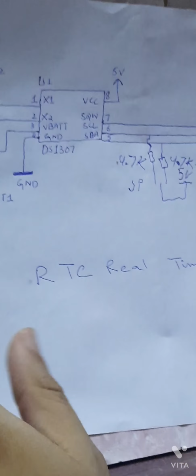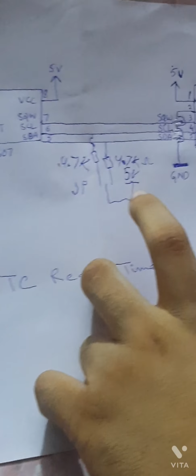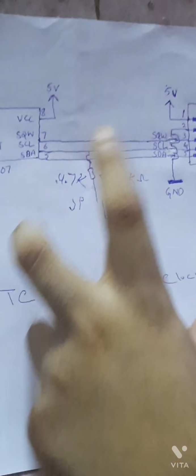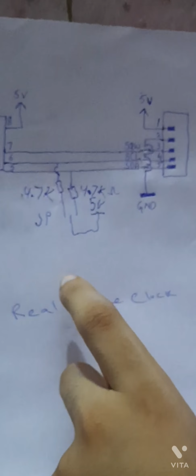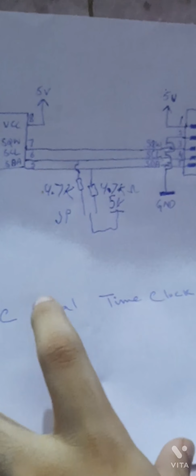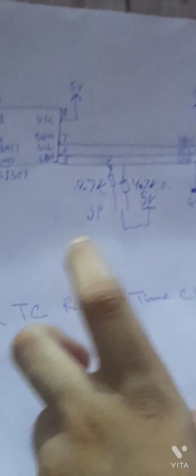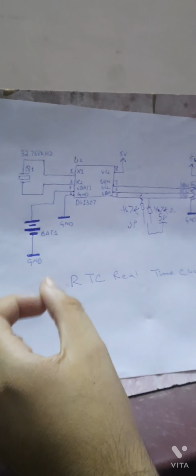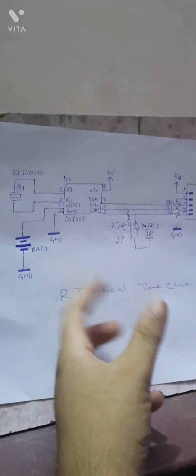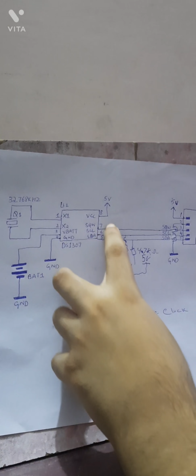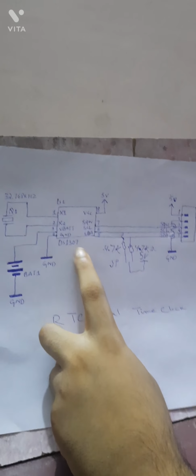Now this is the RTC, real time clock circuit. So if you make a time display or time clock with Arduino, a digital or analog time clock, you need an RTC real time clock module, which can maintain your clock time, and this module also has features for setting an alarm with your time. You can set your time according to your requirement, and this is based on the DS1307.